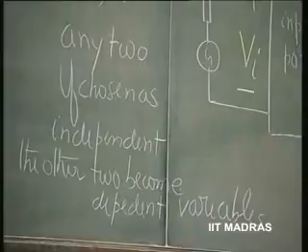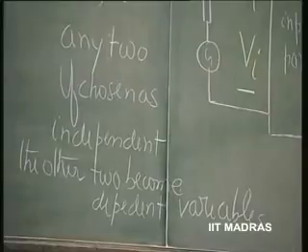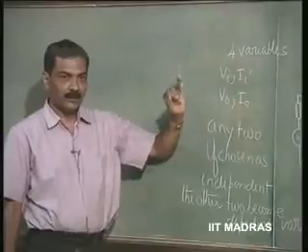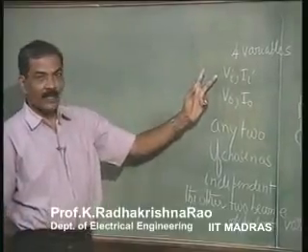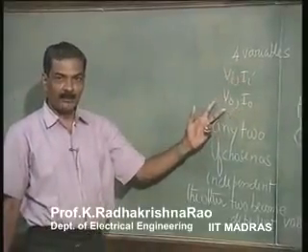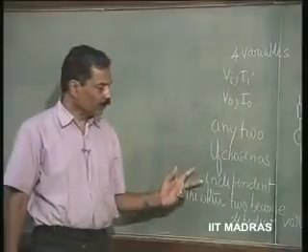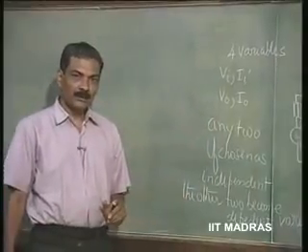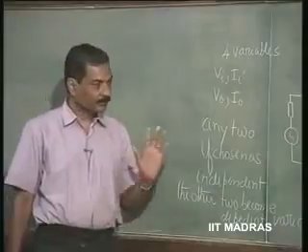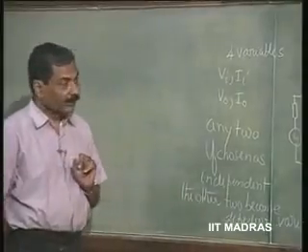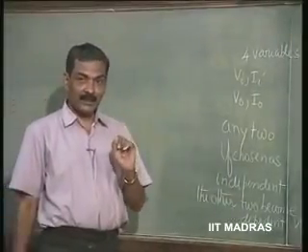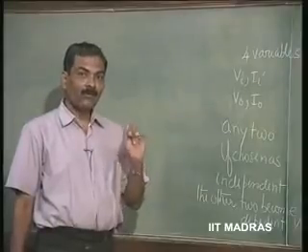Just as in the case of one port, if one is taken as independent, the other becomes dependent. In a two-port network, there are 4 variables. I can select any 2 of the 4 as independent variables. The other 2 become dependent variables. In which case, there are basically 4 ways of